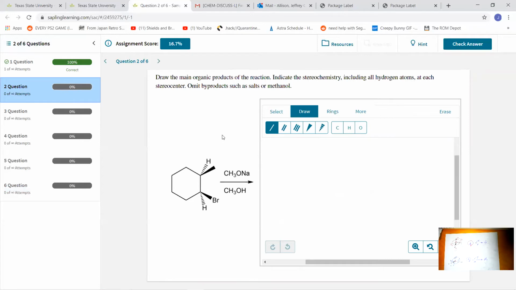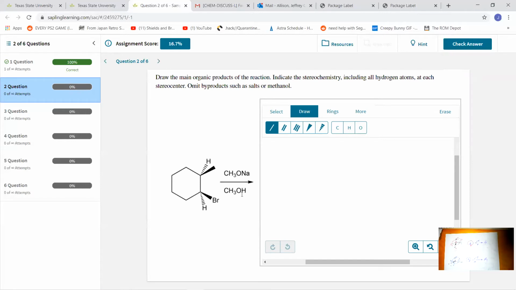Okay, so here we are told products. That's telling me there's going to be 2 things I need to draw. I look at this: methoxide is a strong base, and it is a good nucleophile. And here I have a secondary alkyl halide, okay? So this is the recipe for the possibility of E2 elimination, but it is also possible to have substitution here